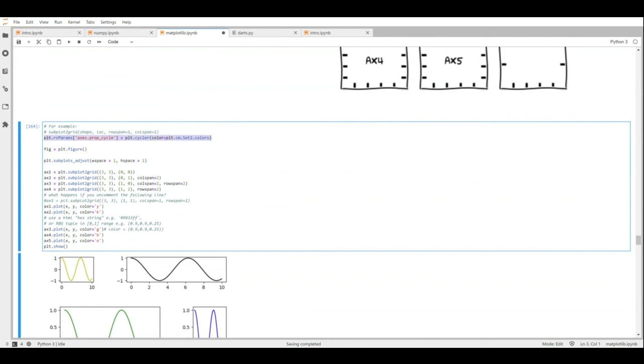But there are ways to change the default color palettes, because plotting by default will go for a fixed set of colors that it uses to create the colorscape and then move on from that. And you can change that to different sets of colors. So there's a whole range of different color palettes you can use for Matplotlib, from the default to the non-default. And so if I share this screen,